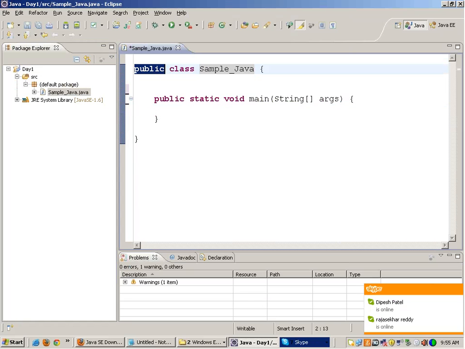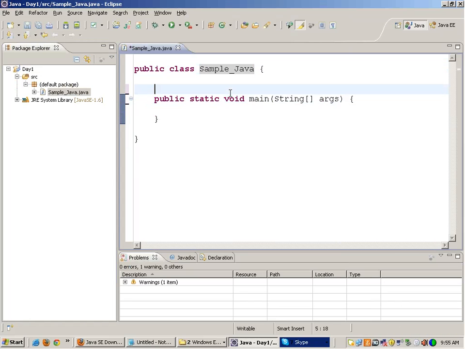What is public over here? What is static over here? What is void? It's not feasible to explain everything in one go, but please be patient. For some time, just accept the things as they are, and as I proceed with the course, as I take